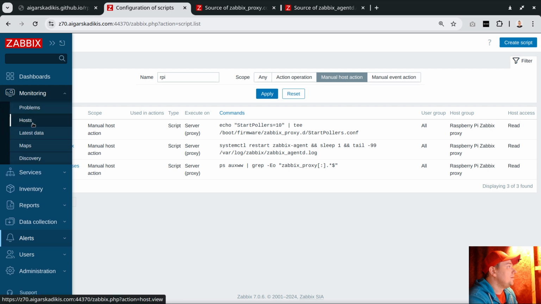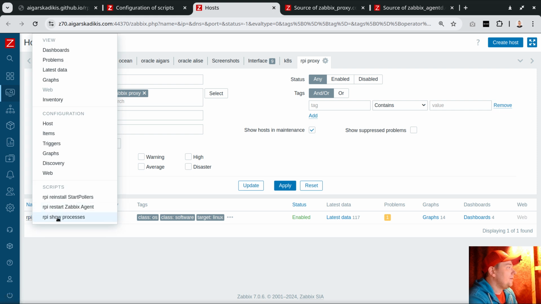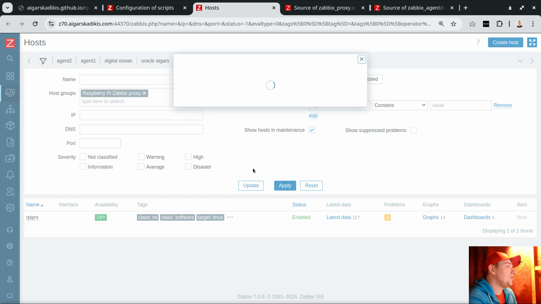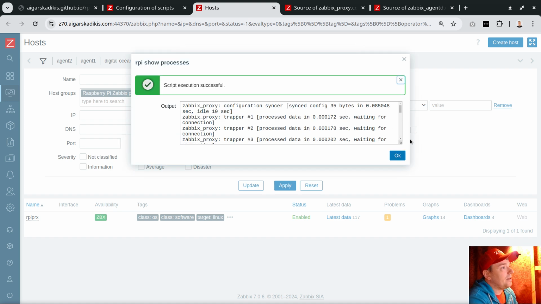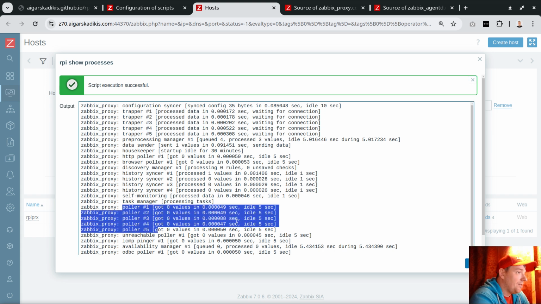If we open monitoring hosts, we click the button, and we have the button show processes. So we are using the help of Zabbix proxy to show the background, like how many Zabbix proxy processes are running, and we see 5 trappers, 5 pollers. And the first real life challenge is that I sometimes want to fine tune the proxy, but I don't have